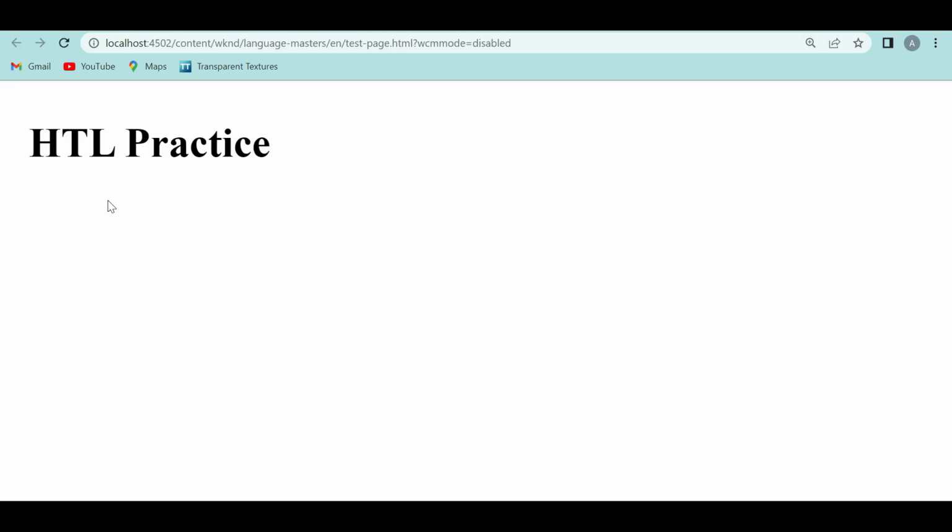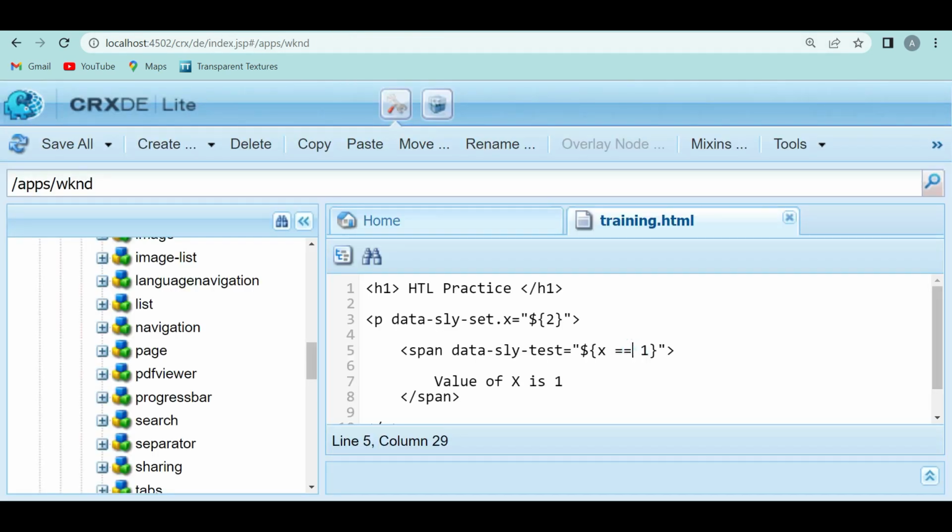Okay, now it hasn't printed it. Now let's say I will say this x is greater than 1. Check if x is greater than 1, then if it is greater than 1, print the value of x is greater than 1. If I change this and just refresh this,